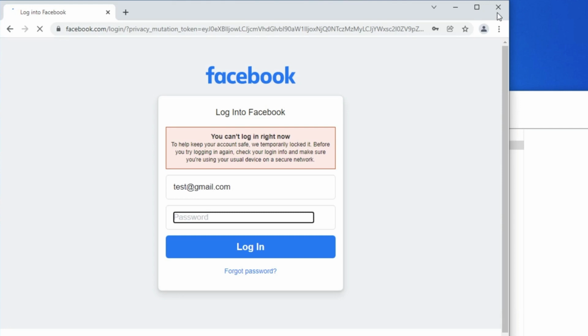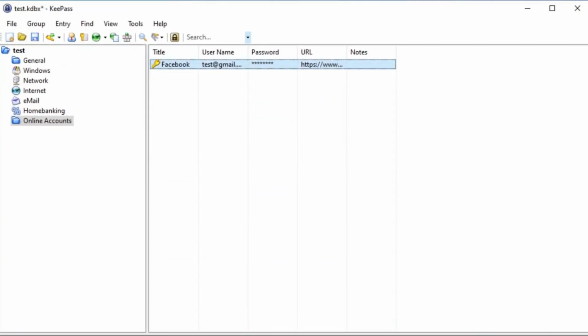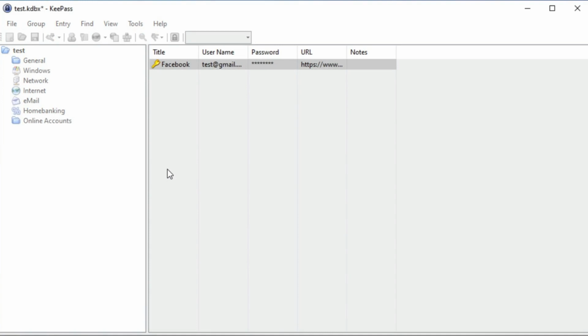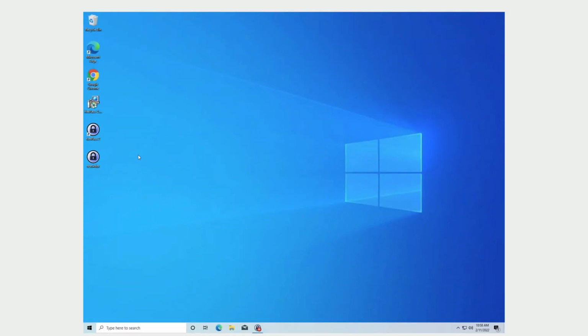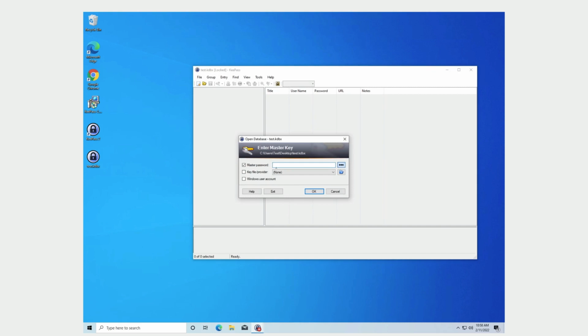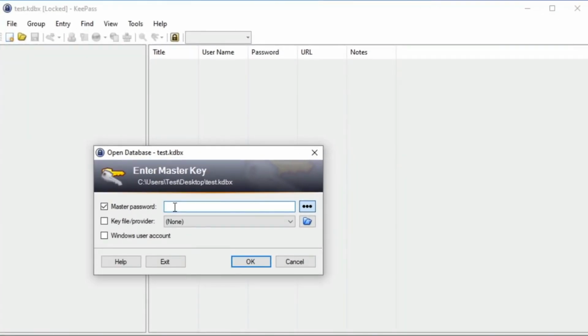Okay, awesome. Let's close this. And another security measure that I just want to mention is that you can always use this icon to lock your workspace. This is useful when you're, for example, away from your computer. So let me just save this. As we can see, it will lock our workspace. Here is the database that we have saved. And since our application is still on, we can access it, but nobody else can access it since it will ask for the master password. Once we come back to our computer, we can type it in